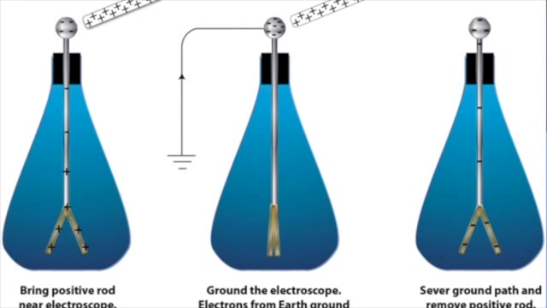When we do that, because opposite charges attract, the electrons in the electroscope all come up near the rod. They want to be closer to it. That leaves a net positive charge toward the bottom, in the leaves of the electroscope, so you'll see it diverge a little bit. Now, instead of touching that charge to the electroscope, what happens if you connect that rod to